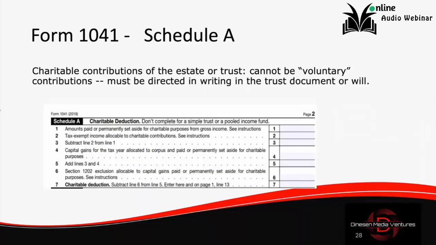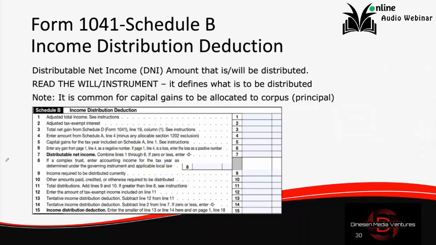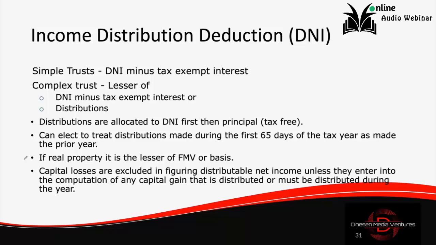Cannot be voluntary. All right, distributable net income. Schedule B is where you account for the deduction for things passing out to the beneficiaries. We have some examples on upcoming slides because some of this gets a little